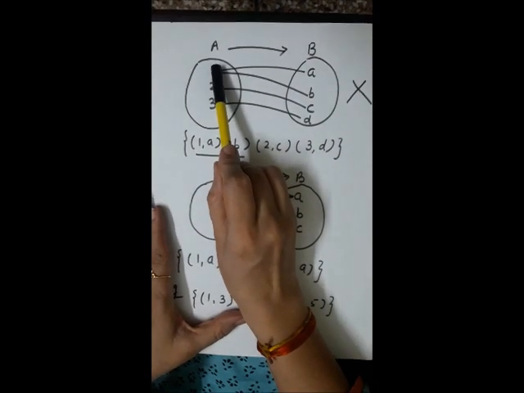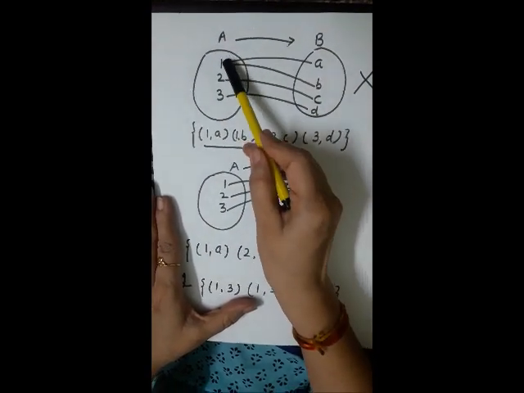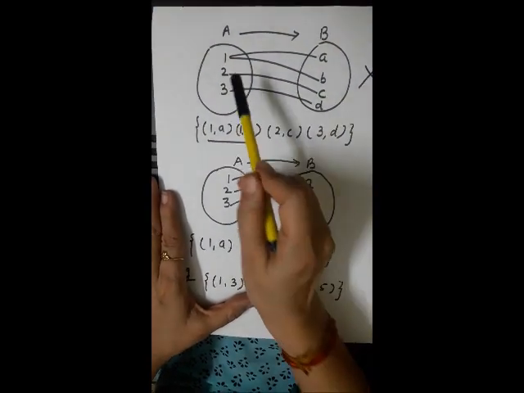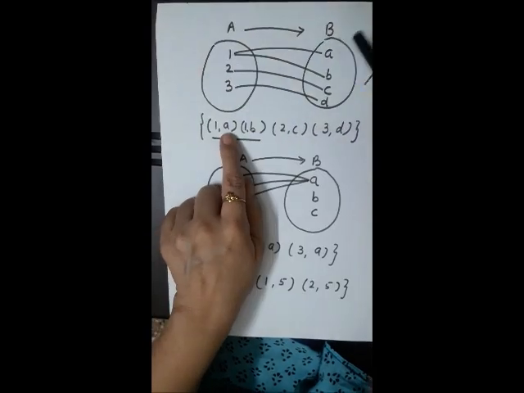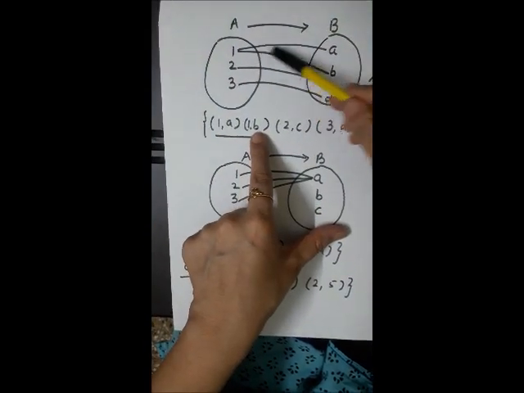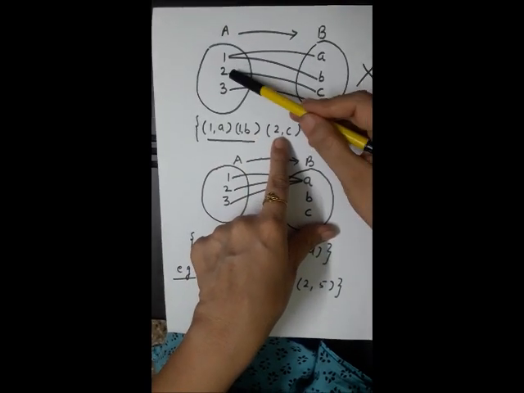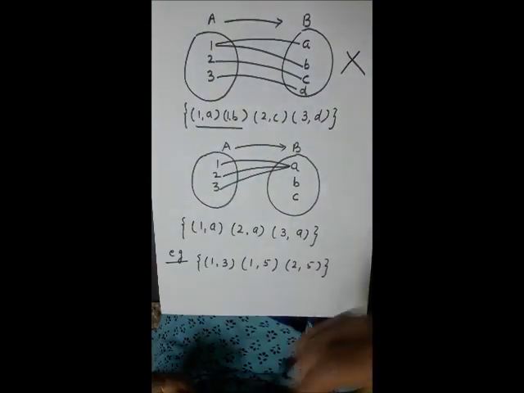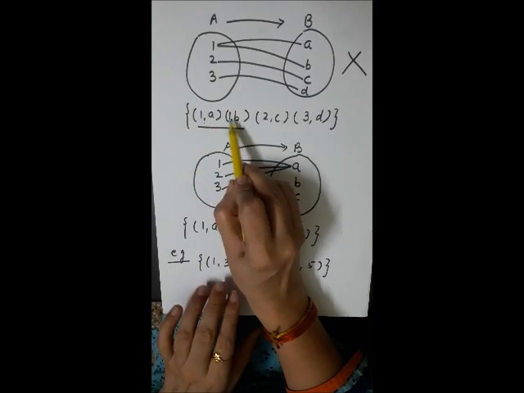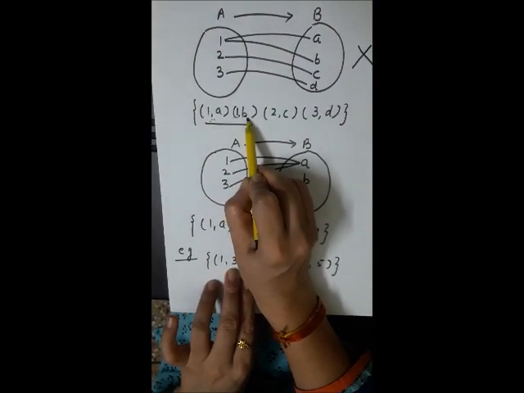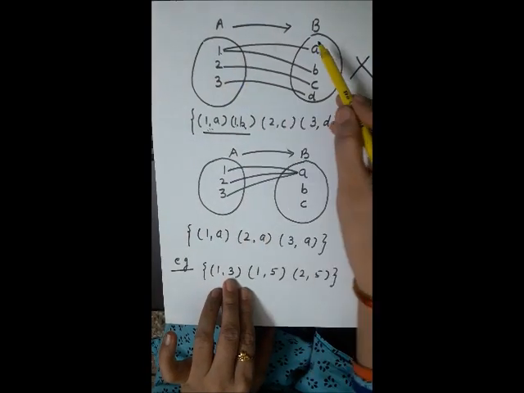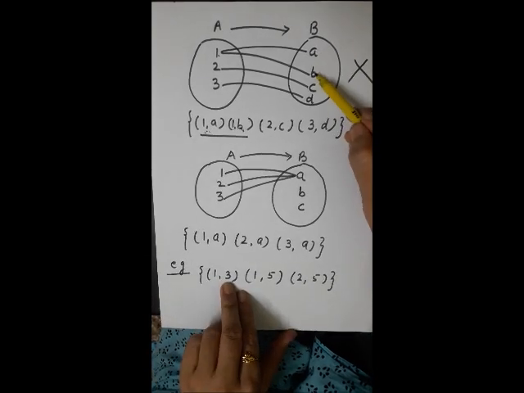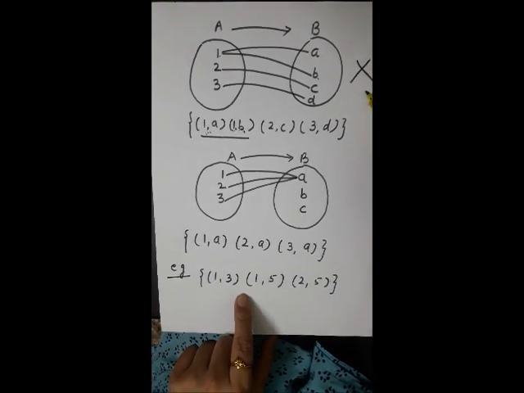Observe that again a mapping from A to B. All elements are associated. First condition satisfied. Next, the element 1 has the image A. The element 1 again has the image B. The element 2 has the image C. 3 has also the image D. Can you see the element 1 has 2 images? But the condition was all elements should have a single image, unique association. So it contradicts the definition. It will not be a function.